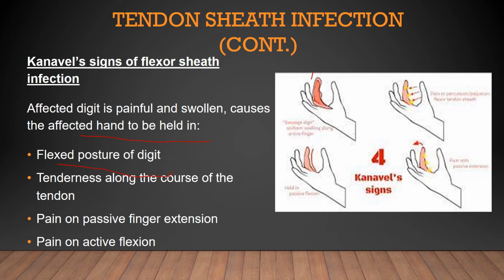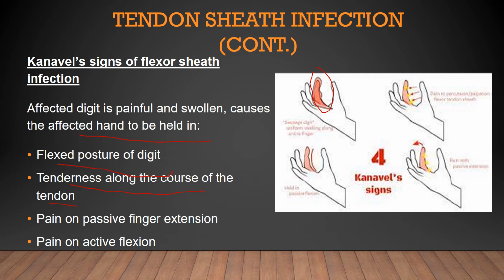A flexed posture of the finger, any finger, index finger or middle finger or ring finger. It will also cause tenderness along the course of the tendon. The pain will be felt when the doctor holds the patient's finger and